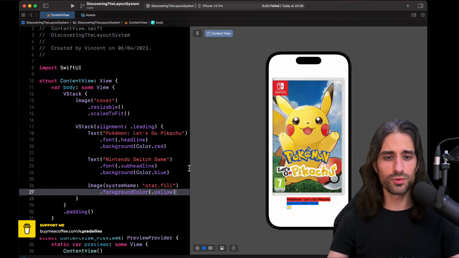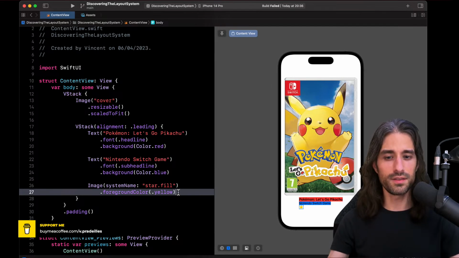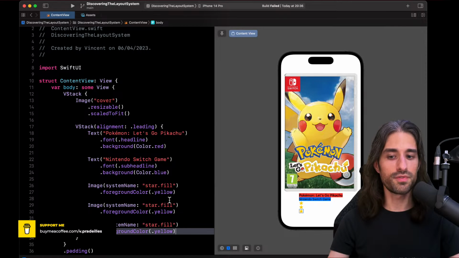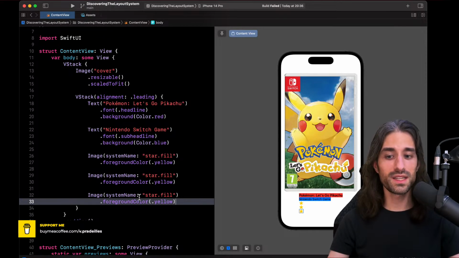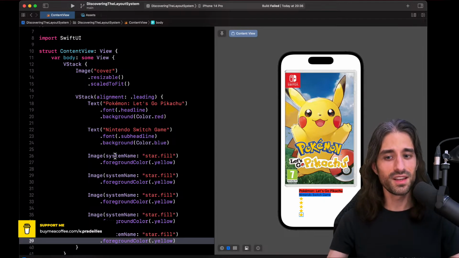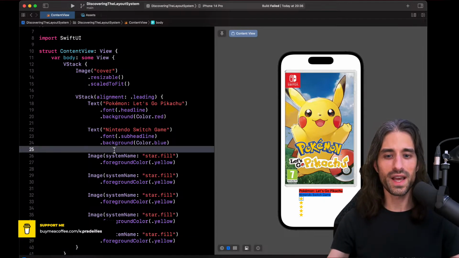So we are going to want to display more than one star. So of course we don't want them to be displayed like that on top of each other. It would be super weird, especially because we're going to have up to 5 stars. So this is when we're going to introduce an HStack.